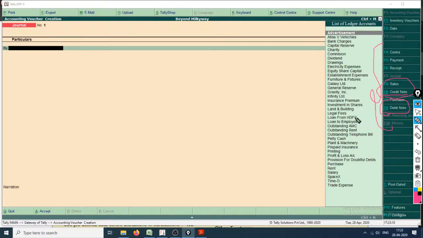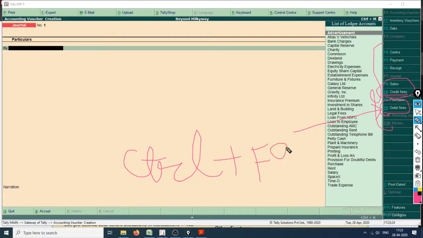As we have to use debit note and it has a double underscore below it, hence we'll be using Control plus F9. Okay, so purchase is F9 and this one is Control plus F9. Can you see purchase right here?